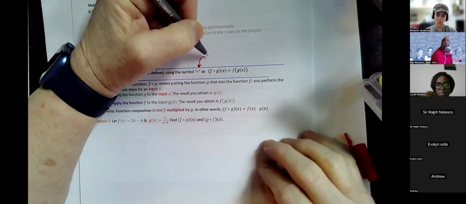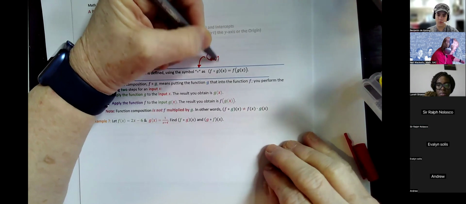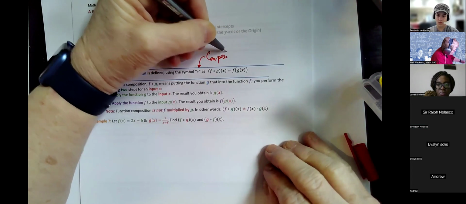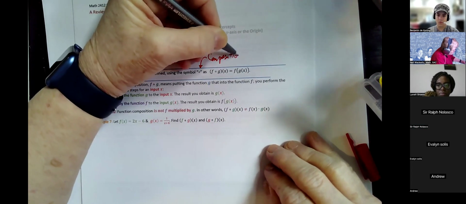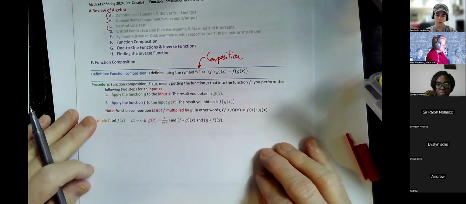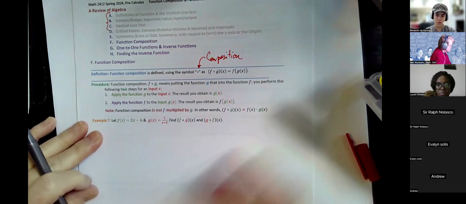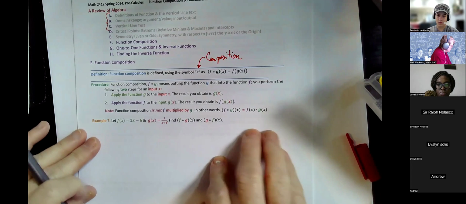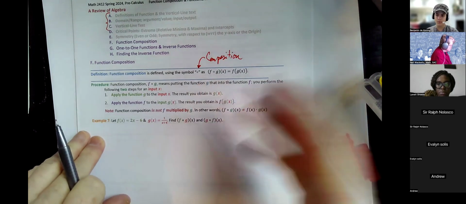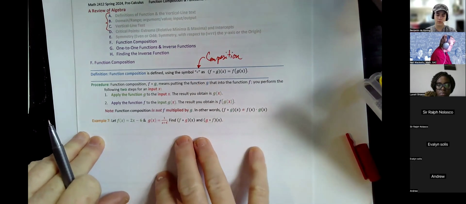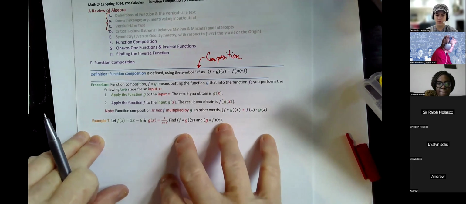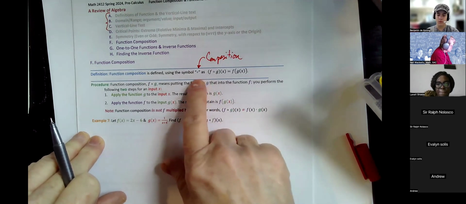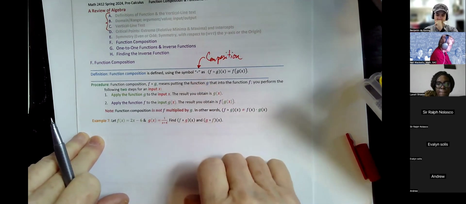That little circle means composition. It's the first thing that functions can do that numbers can't do. We can multiply, divide, add, and subtract numbers. We can raise them to powers and reduce them, but we cannot compose them because there's nothing to put something